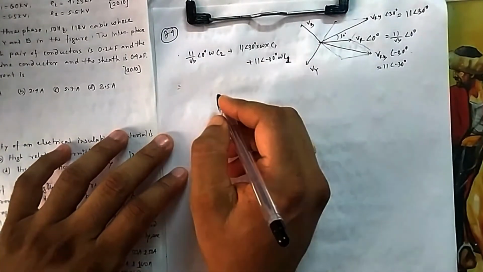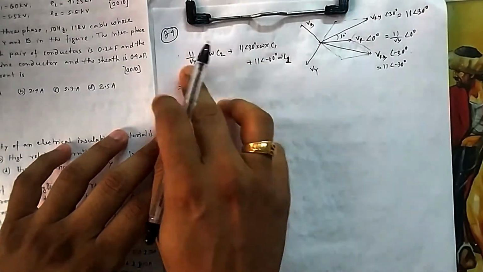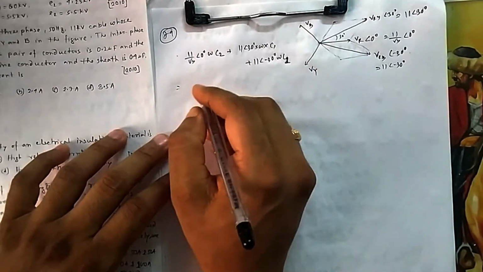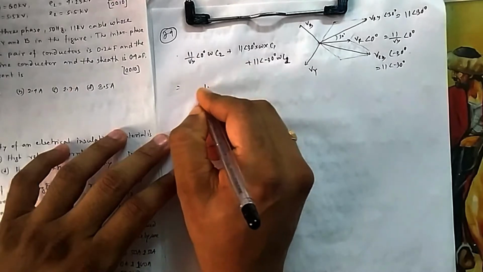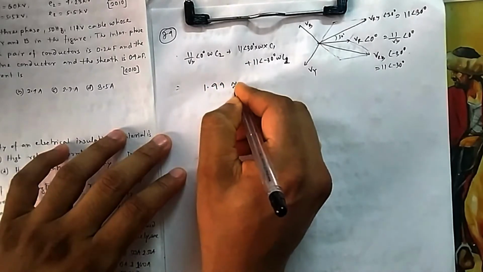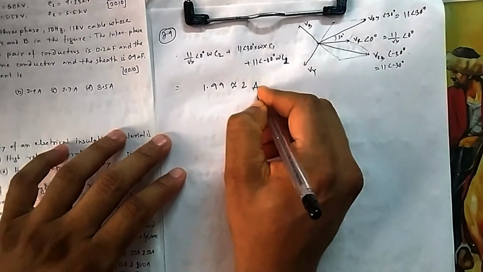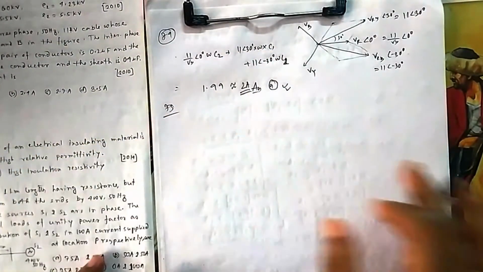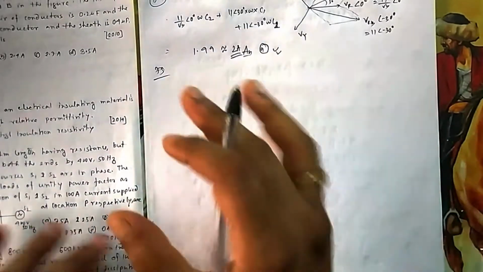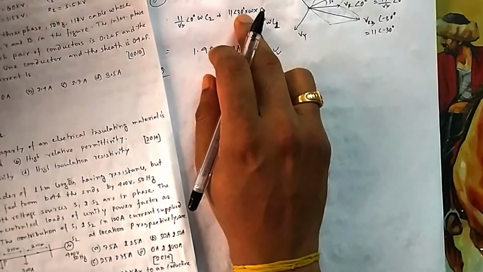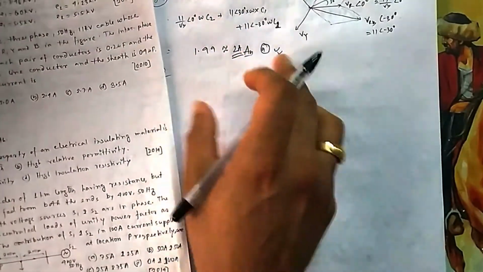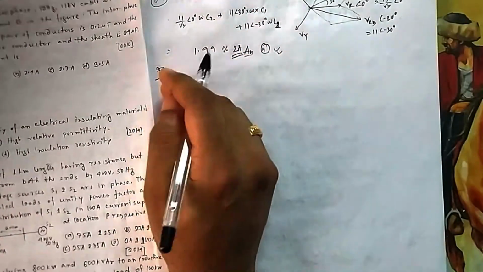Now you can put all these values, put omega, add and multiply at the end. Finally, if you do all this, you will get your answer as 1.99, which is nearly equal to 2. That is your option A. You can put these values, but be careful with polar to rectangular conversion, because in the exam you may not have all this flexibility. Then you have to go for 11 cos, 11 sin, write them one by one, and add all the real parts and imaginary parts.